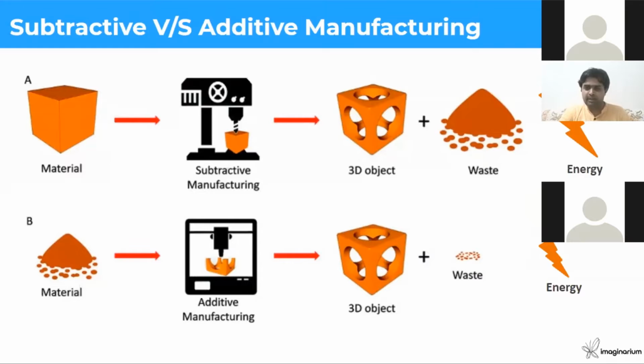There is a heap of waste which is formed in this, and a lot of energy is used in this whole subtractive process. At the same time, however, in additive manufacturing processes, you take some amount of material. It can be in the form of liquid resin, powder, or a solid based material. Use only as much as required, or a little bit more than required, to print something in a 3D printing machine. You have the object at the end of the day, and you have the waste, which is much lesser than the subtractive manufacturing process.